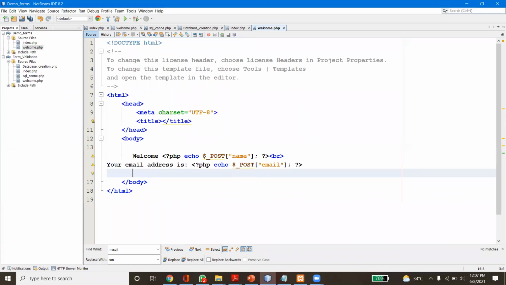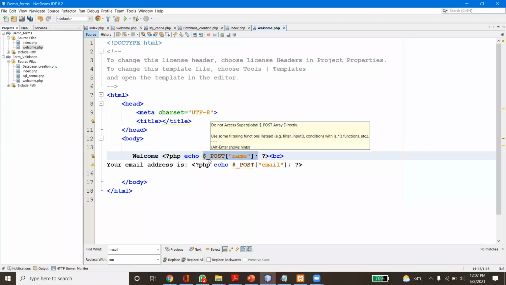I'm writing welcome, I'm welcoming. Inside the PHP I want to print the username. To get that username I'm using this variable, underscore post. It is an array. We already saw two types of arrays: one is indexed, another one uses key values.